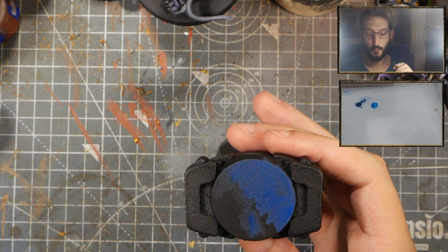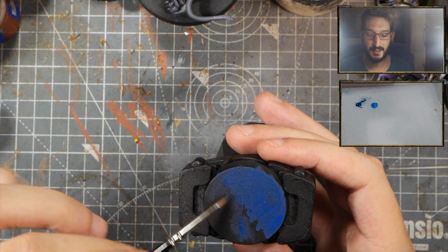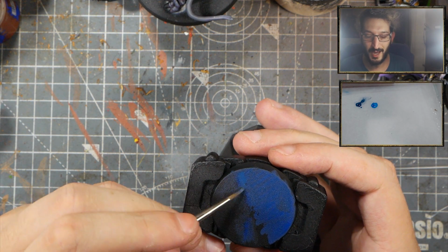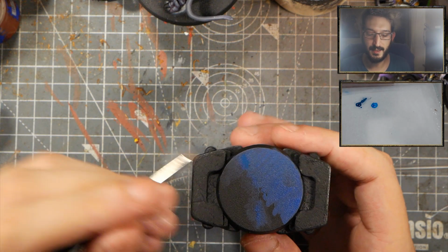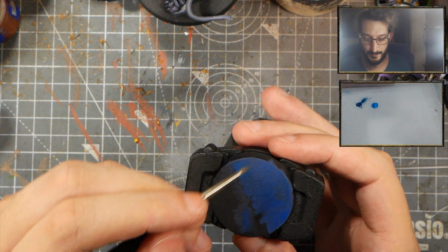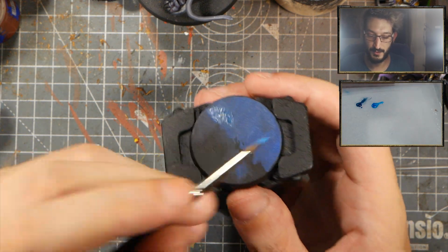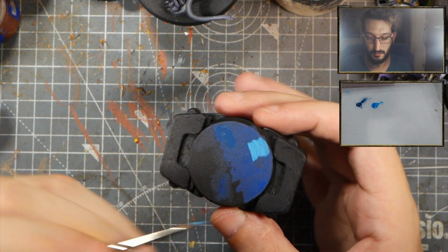Feathering is when you move in a zigzag way to blend a color into another without actually doing the effort of applying a blending technique on it, which means I am base coating this highlight. Let's say this is a highlight. Actually, let's get a highlight down. I have this color here. Why not use it? So I have this highlight here, and I'm highlighting my, I don't know, Space Marine,